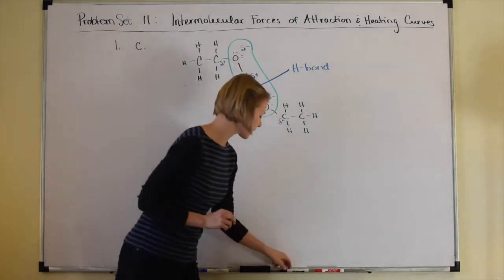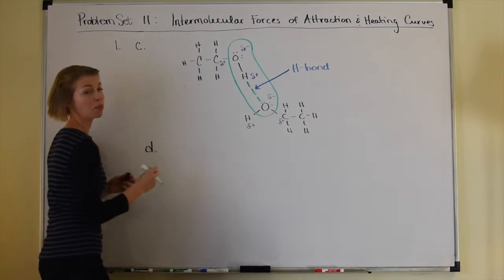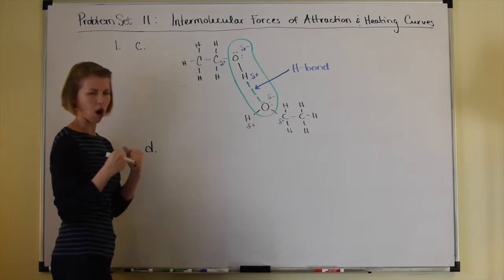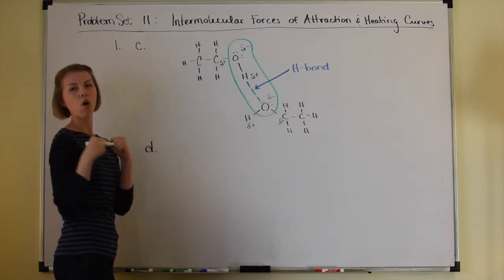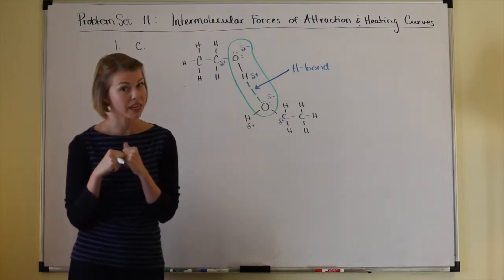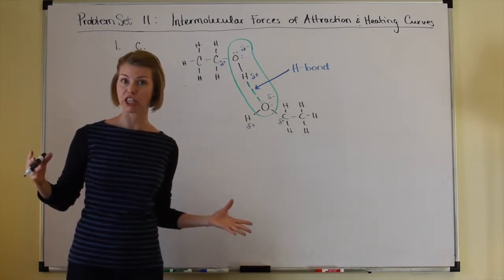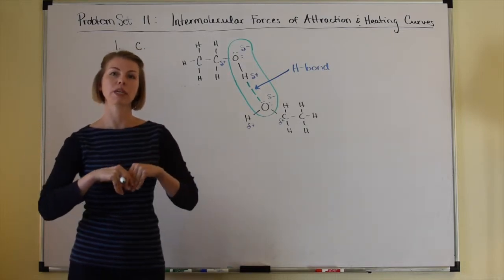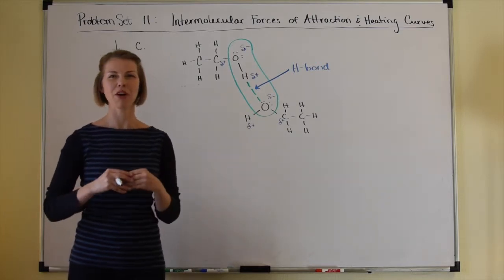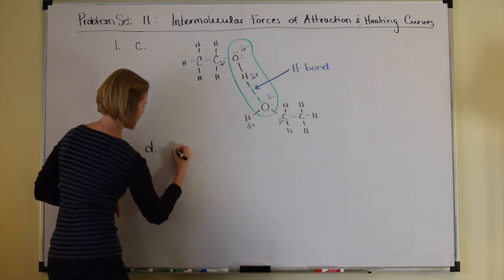And so we would expect the molecule that is capable of the hydrogen bond to be the molecule with the higher boiling point. It's got the stronger intermolecular force of attraction holding those molecules together. And remember from our heating curve discussion, what happens when a substance boils is that you're ripping apart those intermolecular forces of attraction. So it's going to be easier to rip apart those weaker dipole-dipoles. It's going to be harder to rip apart those hydrogen bonds, and it's going to take more heat energy. Okay, so the ethanol